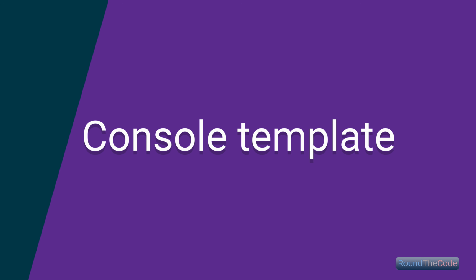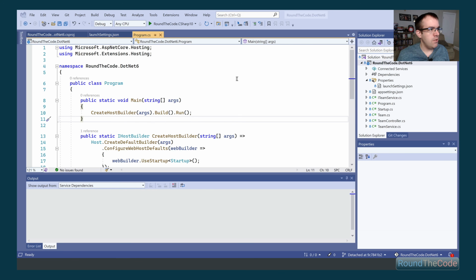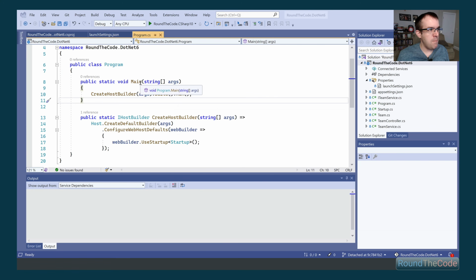So the first thing we're going to have a look at is the console template. Now in front of me I've got an ASP.NET Core 5 application, and ASP.NET Core runs off the console template. So this is an example of how it works. We've got our program class here, which is wrapped within a namespace, and we've got our main static method. Within this main static method, it builds up the host builder, configures it using the startup, and then runs the application for us. Now there's quite a lot of code here, but with .NET 6 we can actually get rid